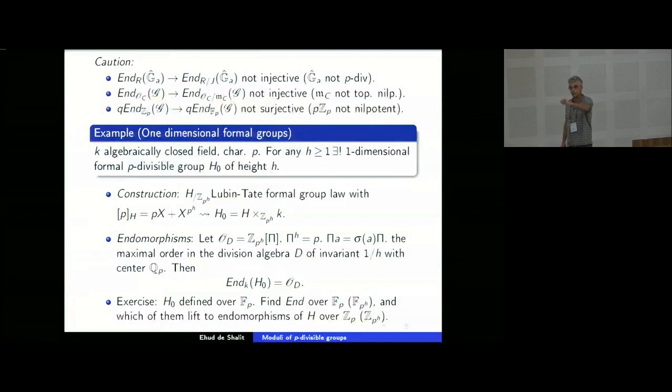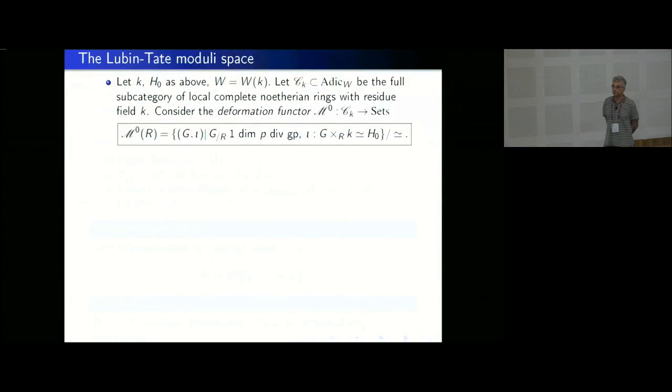If you look at the way Frobenius pi and Z_p^h commute, they do not commute, but together they make up the ring of integers, the maximal order in the division algebra of invariant 1 over h over Q_p. And this is, in fact, the full ring of endomorphisms. So this ring, again, will appear later more and more. And as an exercise, you can study this and figure out yourself which of the endomorphisms are defined over F_p, which only over the algebraic closure.